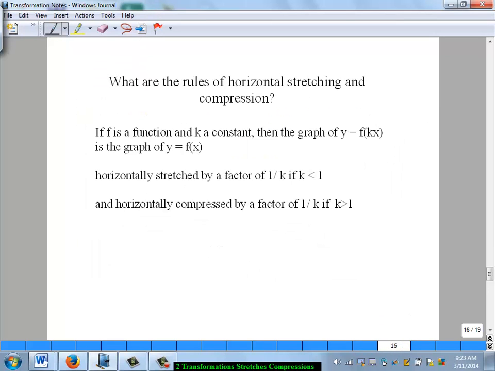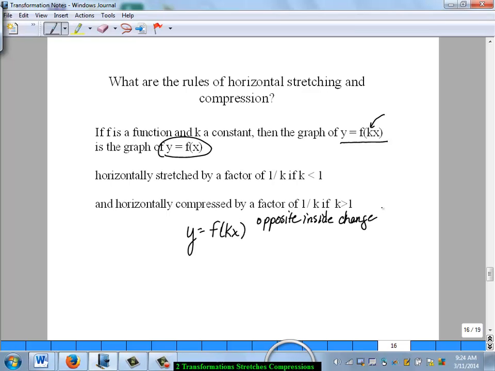What are the rules for horizontal stretching and compression? If f is a function and k is a constant, the graph of y equals f of k of x, notice the k is on the inside, is the graph of my original function, and this is what happens. So here I've got y equals f of k of x. Remember, opposite because it's an inside change. Now I'm going to give you an example with each of these. So right here, if k is less than 1, so it's a fraction, it's horizontally stretched